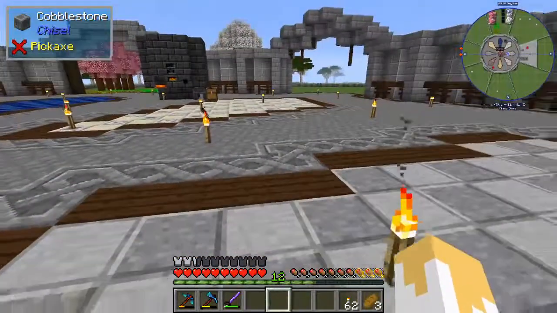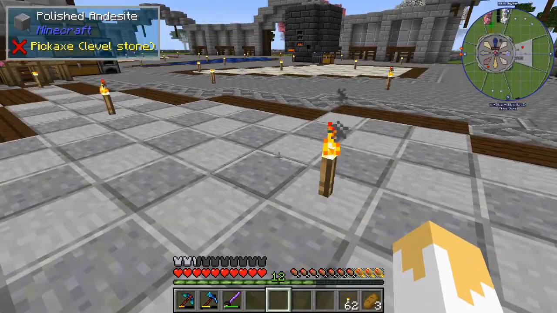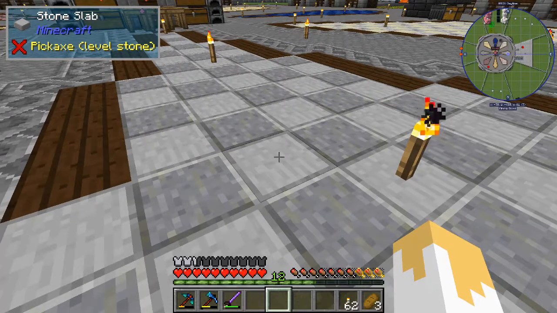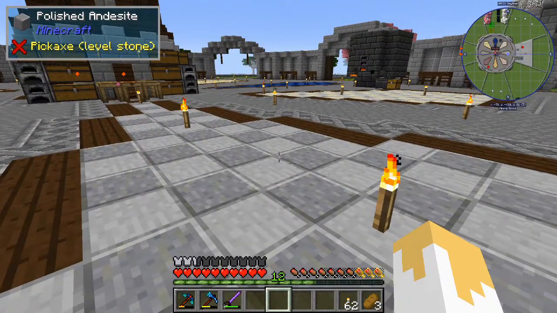Okay, one of the ideas that I had was initially to do a pattern. I saw this in a video online. They were one of the Hermitcraft guys, actually. I saw this and I was like, that is a great idea, putting stone slabs and polished andesite next to each other in this checkered pattern here. So what I did was,